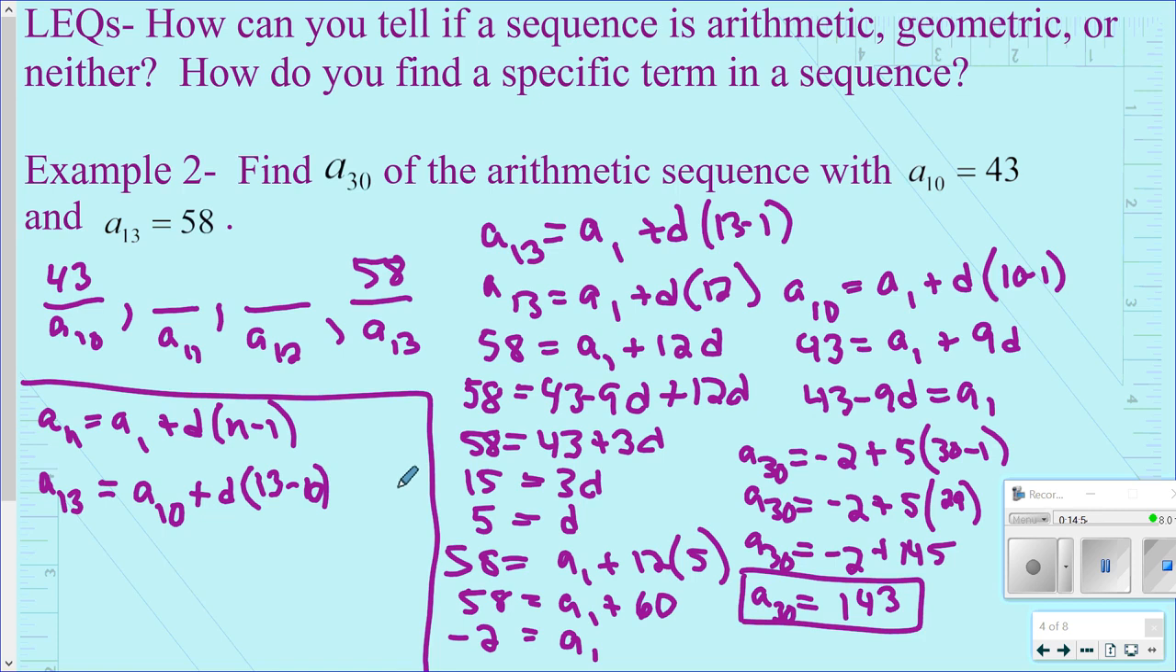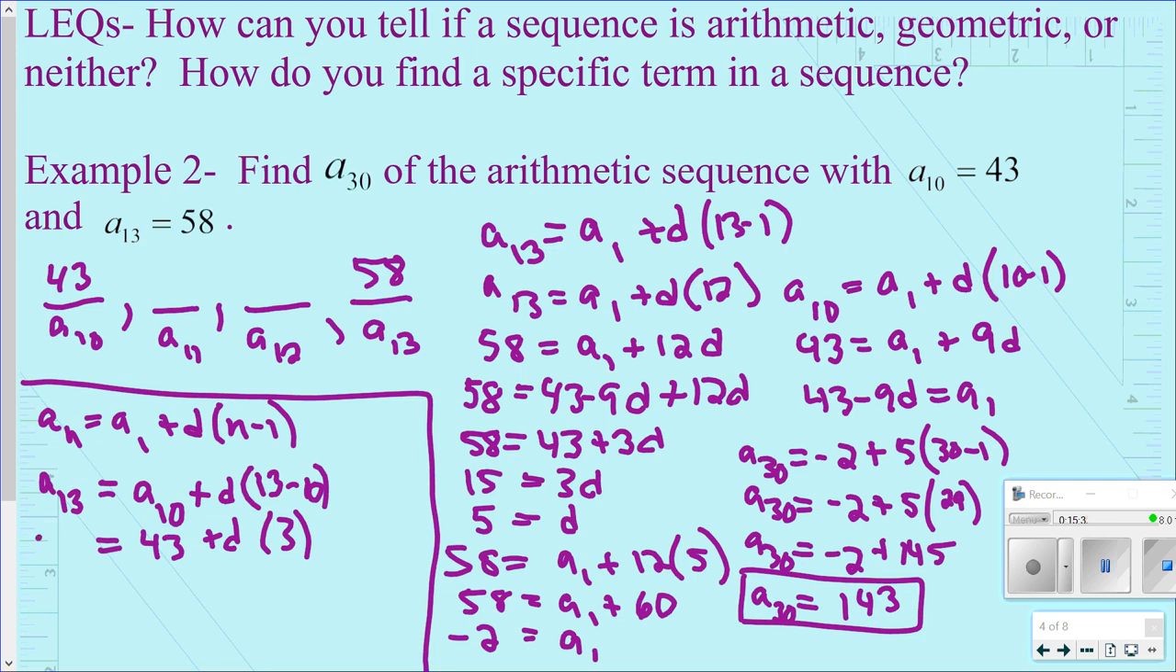Hopefully that makes sense how I adjusted that. I just started the sequence further down the line, and I didn't want to start the formula with the first term. I wanted to start it with the 10th term. So adjusting the formula to make a sub 1 a sub 10 instead, and adjusting the a sub n to be a sub 13, that just means d times 13 minus 10. Well, 13 minus 10 is 3, and 3 times d plus the 10th term, I'm going to go ahead and fill that in, it's 43, is equal to the 13th term, I'm going to go ahead and fill that in,